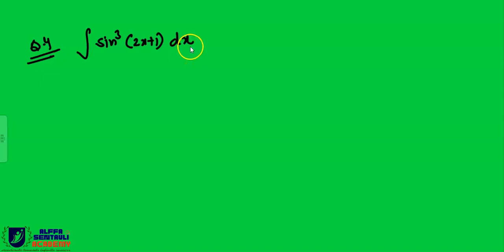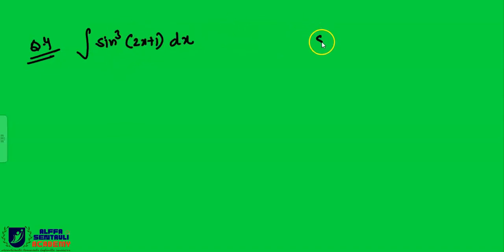Alright, let us move to the next question, that is question number 4. So what is question number 4? Question number 4 is the integral of sin³(2x plus 1) dx. So how will you solve this question? Again beta, like we have already discussed in previous questions, we have to replace this cube with a single power of sin x, or in terms of another trigonometric function, right? So we have to replace this term by an equivalent trigonometric term which has only a linear power, correct?